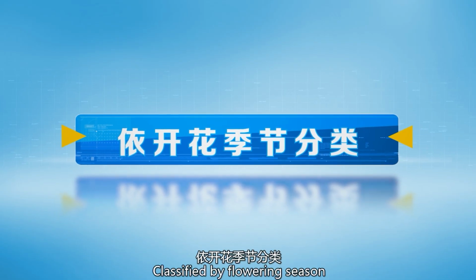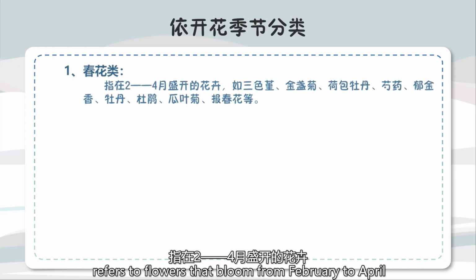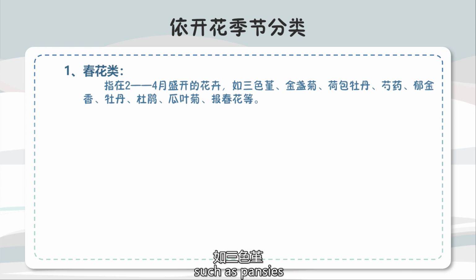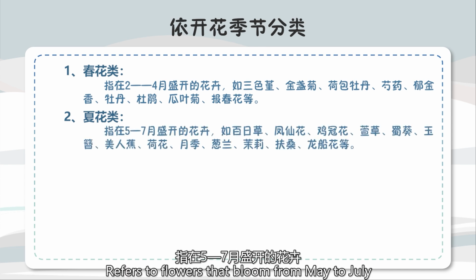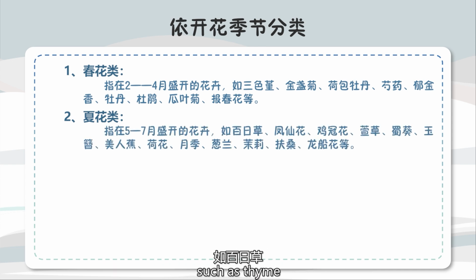Third, classified by flowering season. First, spring flowers refers to flowers that bloom from February to April, such as pansies, marigolds, peonies, tulips, azaleas, chrysanthemums, and primroses. Second, summer flowers refers to flowers that bloom from May to July, such as cyme, hibiscus, coxcomb,